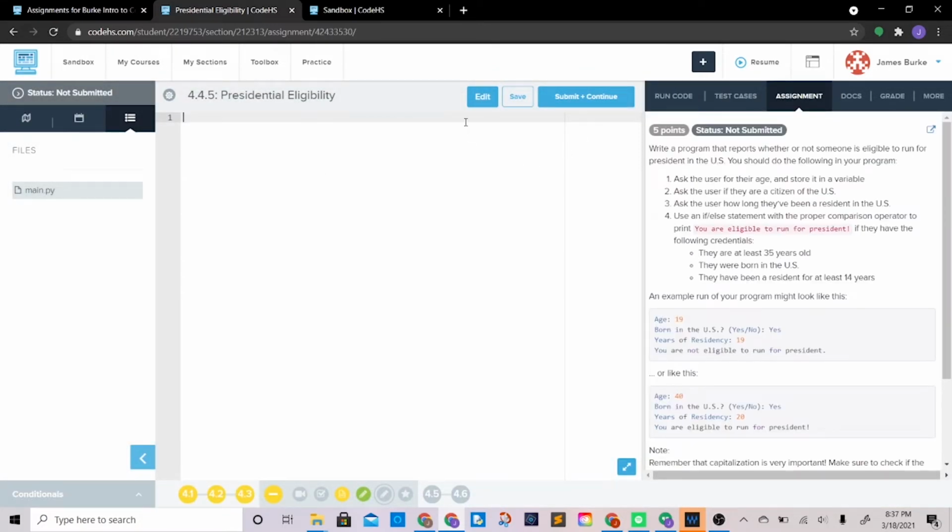Easy enough. So age equals input. I don't think we technically, actually no, we do need to int. So int input age, like so. And then we want, let's say citizen equals input born in the U.S. question mark yes/no, like that. And then lastly, we'll say years equals,